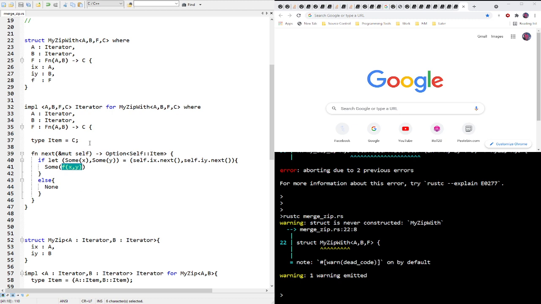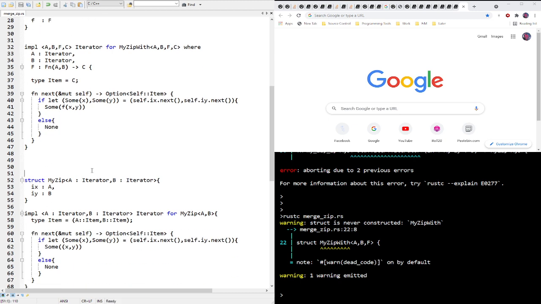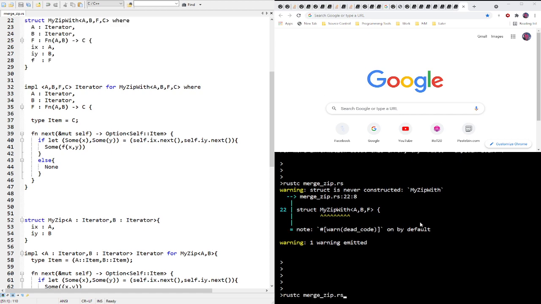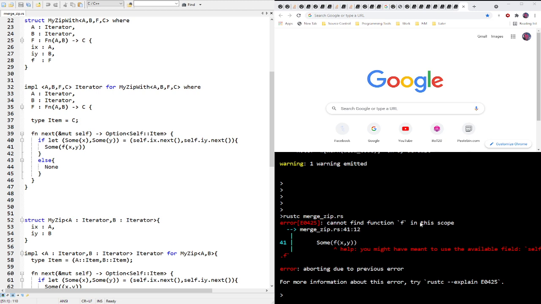So let's see if we can make that work by, well, let's see if this compiles to begin with. So my zipwith where, etc., etc., etc. So let's start there first. It's going to say cannot find function in this scope. Because why? Because